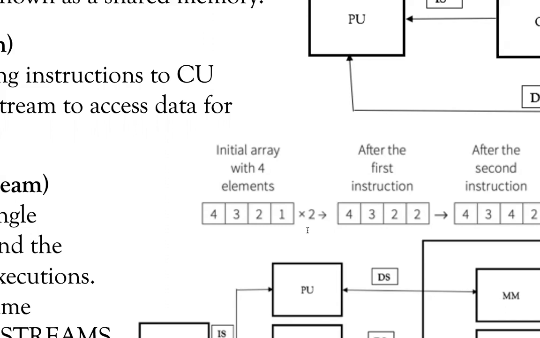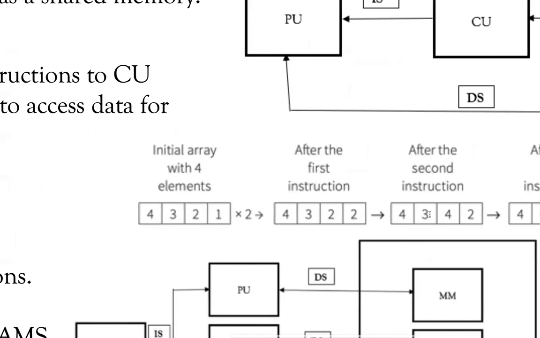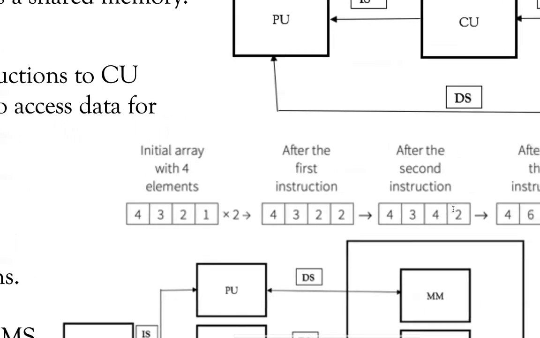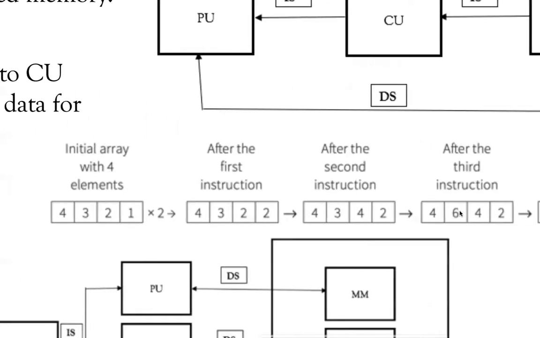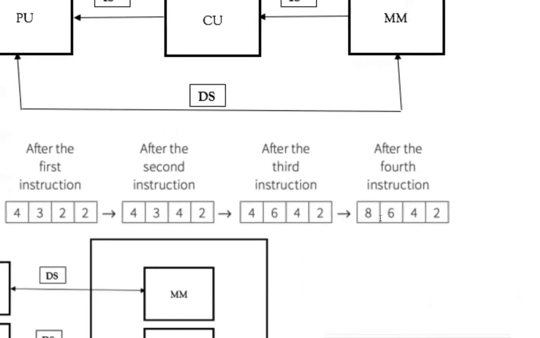So the way single instruction and single data stream works here is that in the first cycle, my processor will first perform this instruction on this single data. You see, after the first instruction is executed, this has turned into 2. After the second instruction is executed, this part has become 4. See, it's not happening simultaneously. First, this is multiplied by 2, then this is multiplied by 2. This happens in the second phase. And obviously, in the next phase, this will become 6. And finally, in the fourth cycle, this will become 8.